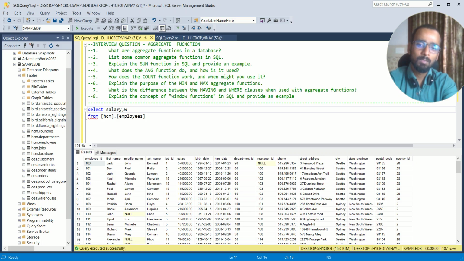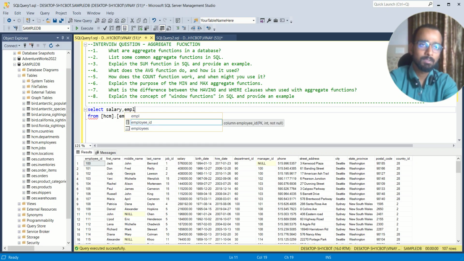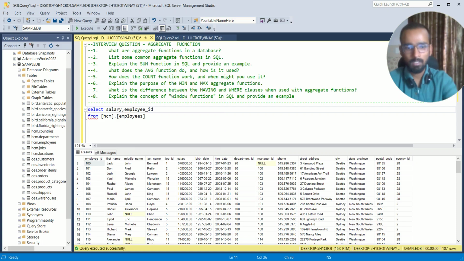If I want employee ID and I don't know exactly what the name is and I'm not familiar with this particular table, if I write emp, then it starts giving suggestions in the drop down: employee ID, employees, which column you want. I want employee ID, then first name, then last name. Great.